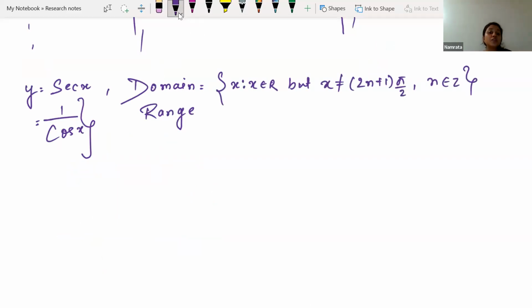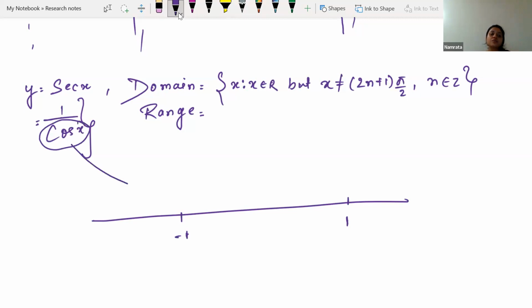Okay, what can be the range? So we know the range of cos values lies between -1 to +1. So the sec x range will also come out like that only, right? cos x का रेंज क्या होता है? -1 से +1 के बीच में कोई भी नंबर होता है, -1 भी हो सकता है, +1 भी हो सकता है। सो sec x का भी रेंज cos x के हेल्प से हम लोग निकाल सकते हैं क्या क्या आउटपुट होगा।